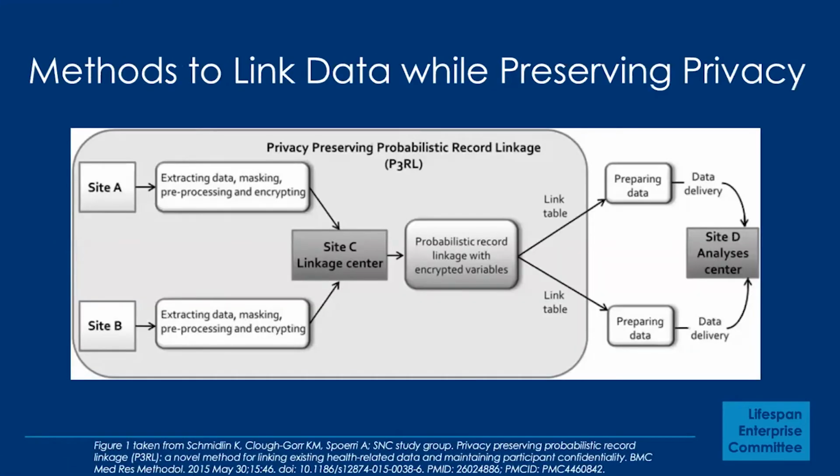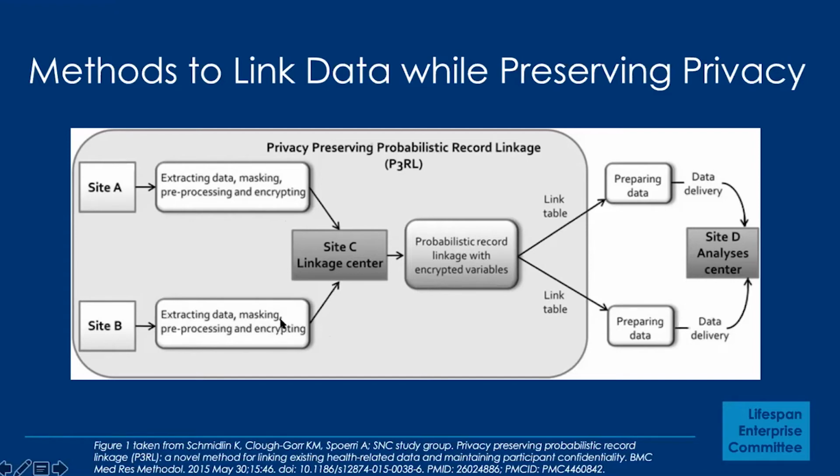So I'm going to just talk about one method that we use often to preserve privacy, and we use PPL, a privacy protected linkage. The advantage of privacy protected linkages is that one site, let's say site A, which is a cohort that we want to link with electronic medical records at site B, doesn't have to share our participants' information, and the hospital doesn't have to share the patient's information with each other. We may be at different sites, we may be across the country. What we can do is we can each